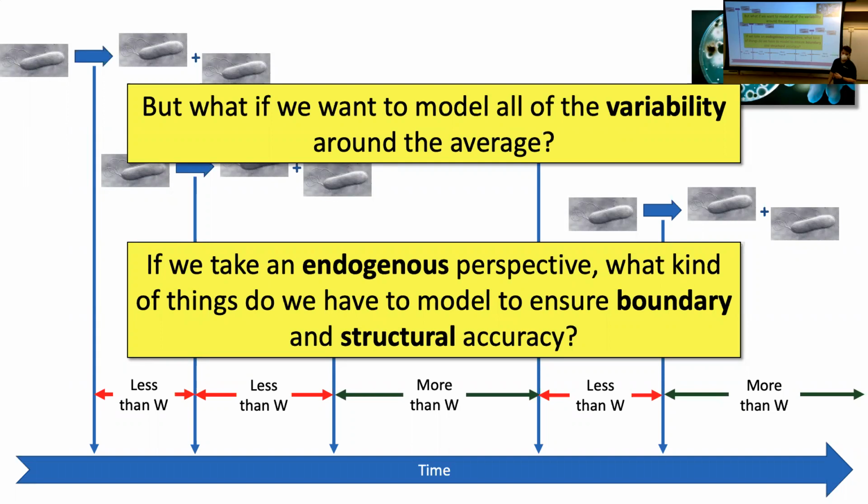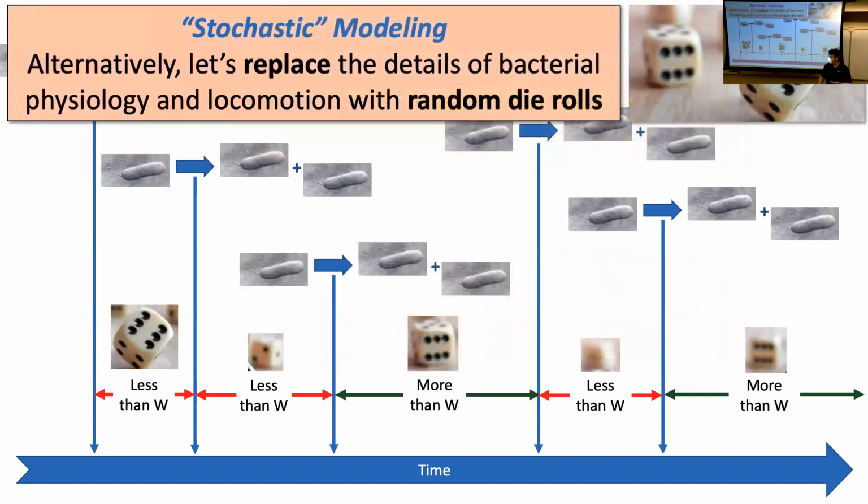Instead, what we're going to say is, I only know a little bit. I know how many bacteria are currently alive. And then I'm just going to roll a die. All I really need to know is the duration between whatever the state is now and the next reproduction event. I could try to look at all of these variables, but in reality, why don't I just roll a die?